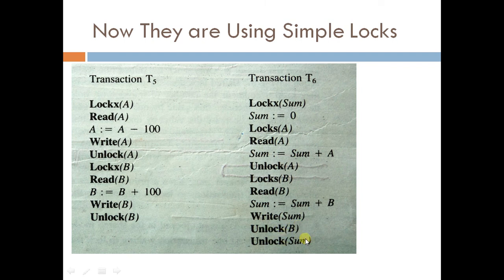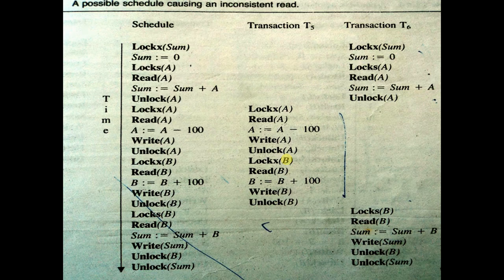Okay. However, you will see that if they are executed one by one, there will be no problem. But if they are executed in this manner, again, there is a problem. So this is how it has executed. The first 6 lines are of T6. The next, all the lines are of T5, and the remaining 6 lines are of T6. So what you can see is that even after locking, there is a problem. You take a copy, you note down values, and you see that a wrong sum will be displayed.